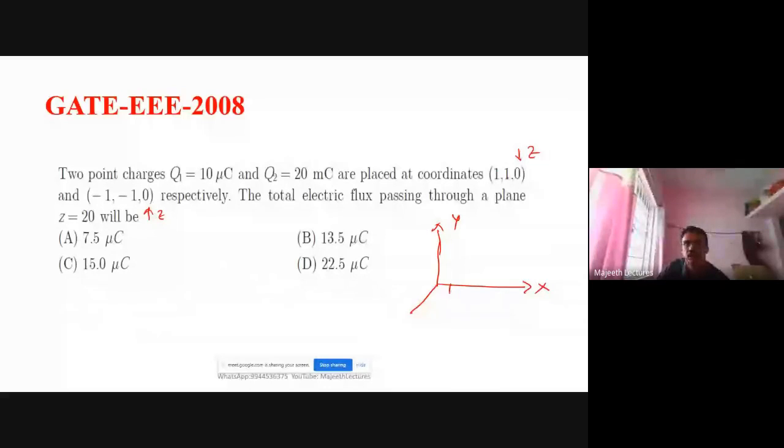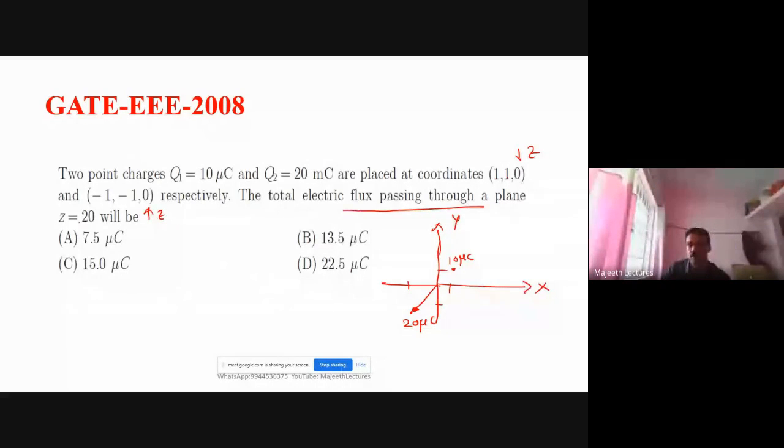When X is minus 1, Y is minus 1, 20 microcoulomb. What they ask is: what is the total flux leaving through a plane